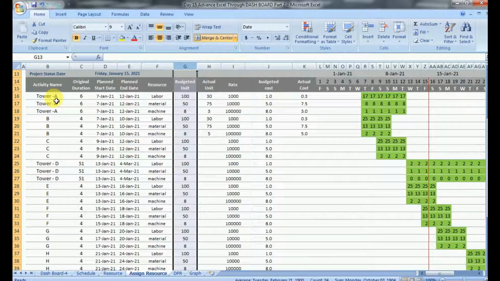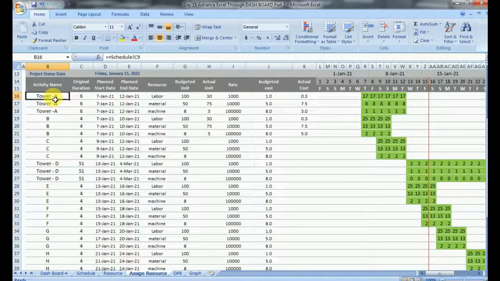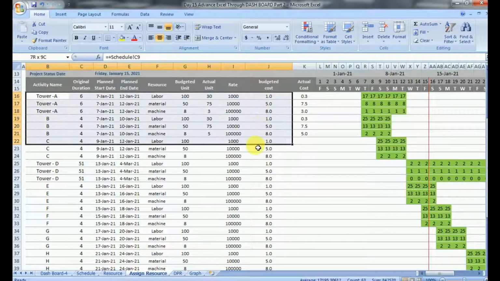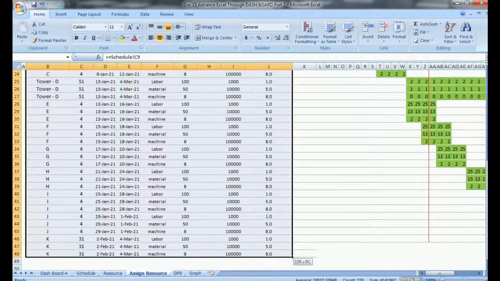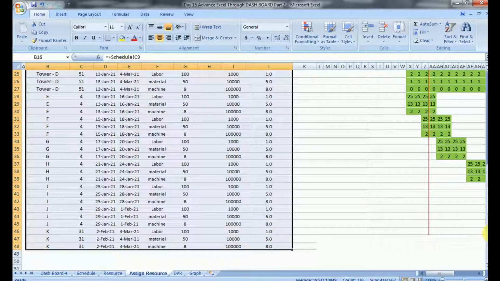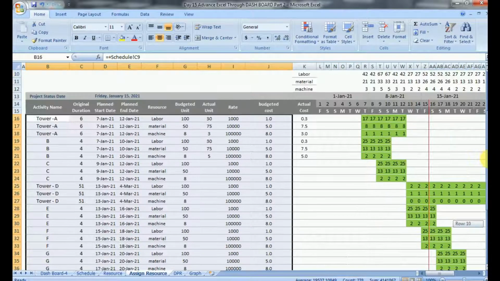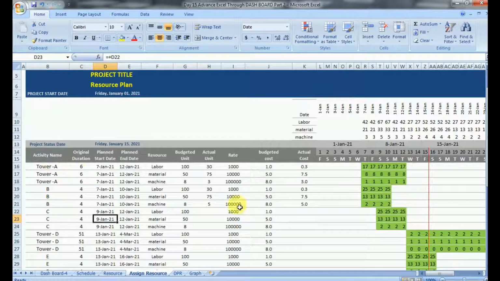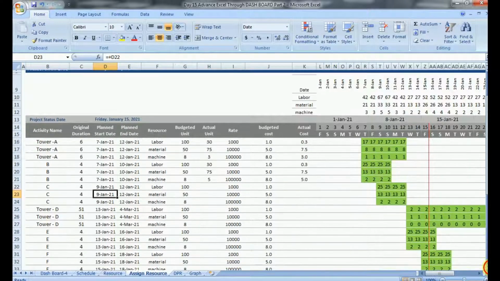Now let's move to the second shortcut. While using Excel, every time we are required to navigate through the data. To navigate, we use either the arrow button or we use the mouse, but both are very time taking. But navigating in Excel can be done within a fraction of a second.